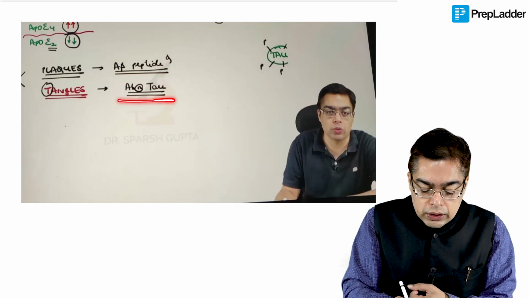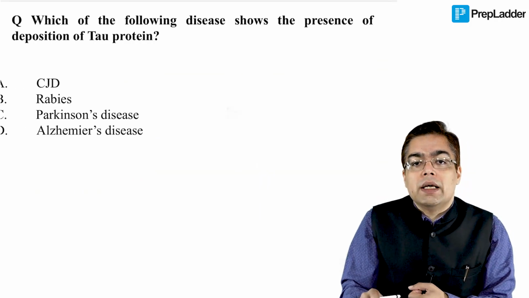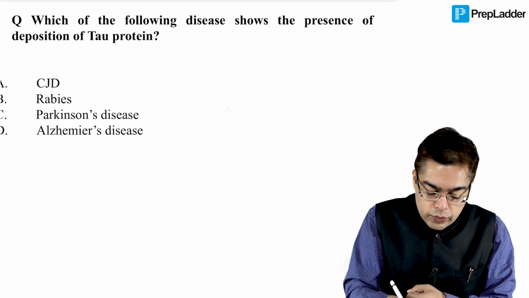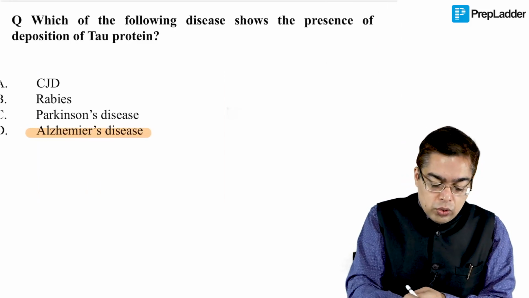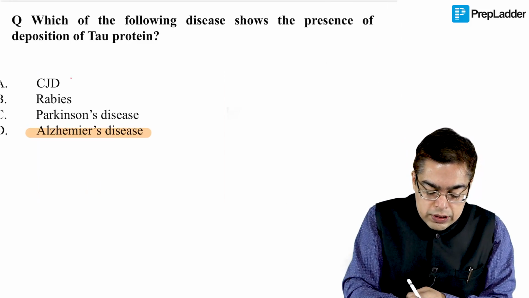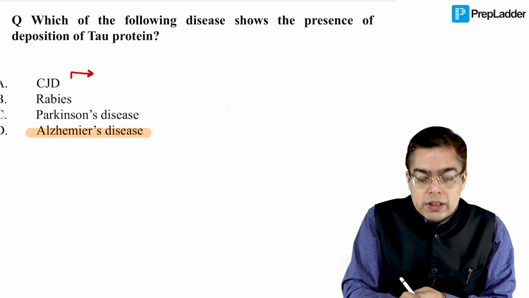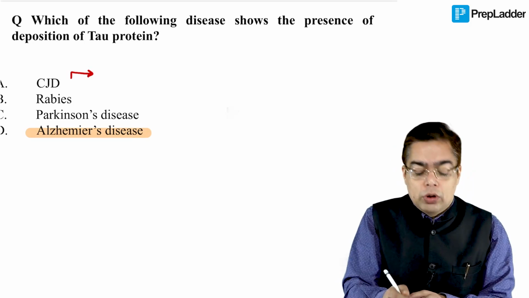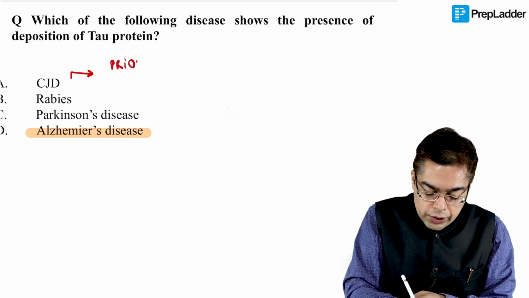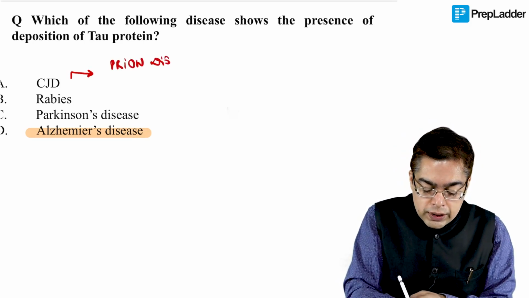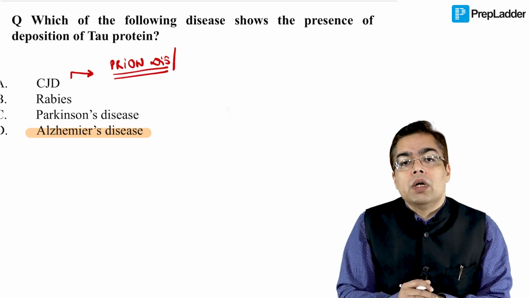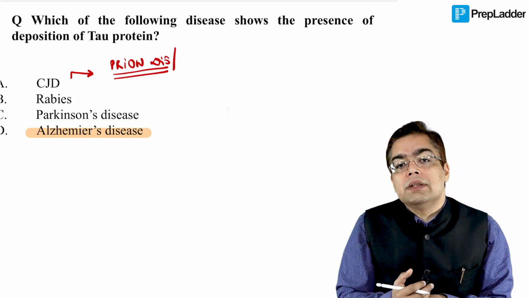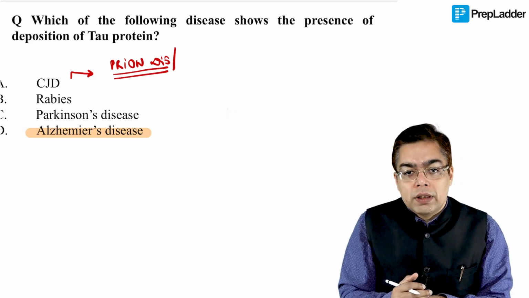So we need to talk about the tau protein in association with something like Alzheimer's disease, and therefore the answer for this question becomes absolutely clear. That happened to be option D. Now having a look at the other options over here, when we talk about something like CJ disease or Creutzfeldt-Jakob disease, this is going to be an example of a prion disease is what I want you to be familiar with. Of course, from your knowledge of microbiology as well as from medicine, you do have an idea about the other important examples of prion diseases like bovine spongiform encephalopathy.